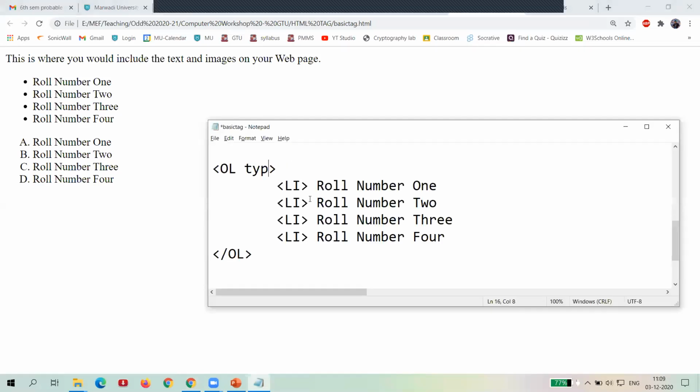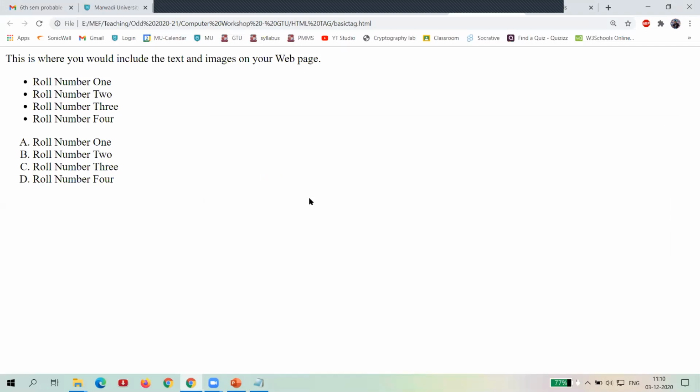And if you do not use any, it represents the default sequence, that is the digits 1, 2, 3, 4, 5 and continues. So that is the way and method where you can represent the sequence numbers.